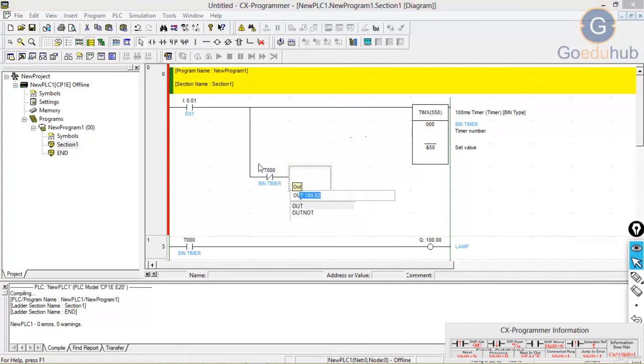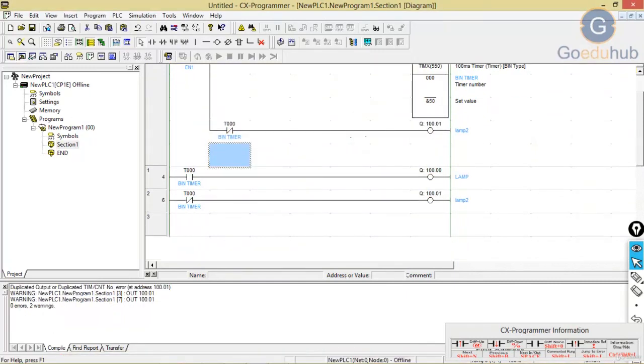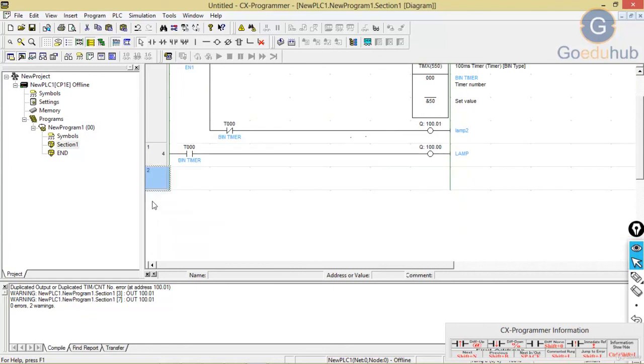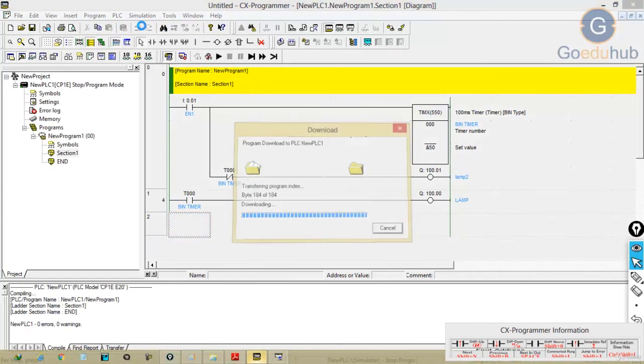Now connect your output. As we already discussed, we can connect more than one output in parallel. But you have to remove that last rung, that will be deleted. Now go to simulation, start simulator.